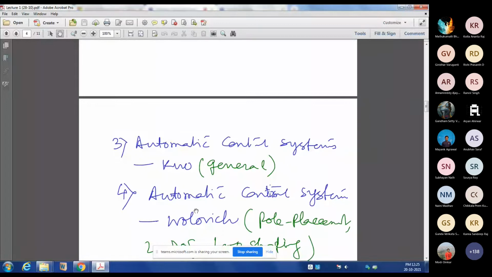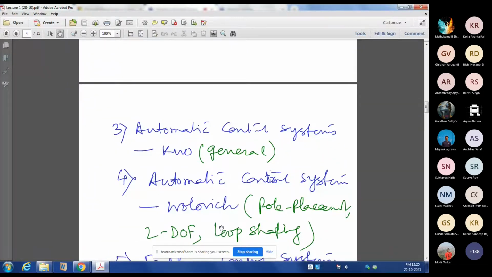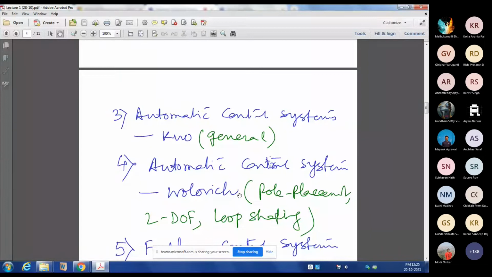And in this book, he started from the first chapter. From the first chapter onwards, he is general controller. So you may ask why not 3 degree of freedom, 4 degree of freedom, how many degrees of freedom can we go? That will come. Why 2 degree of freedom suddenly? Why not three or more? That we'll see. So these are the topics where this book is good: pole placement design,